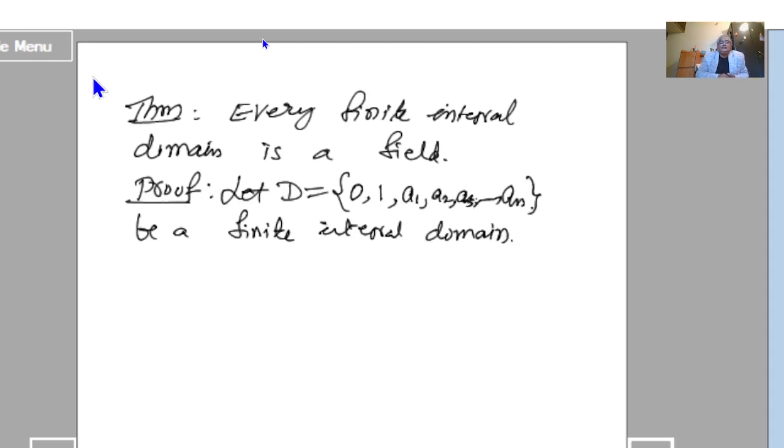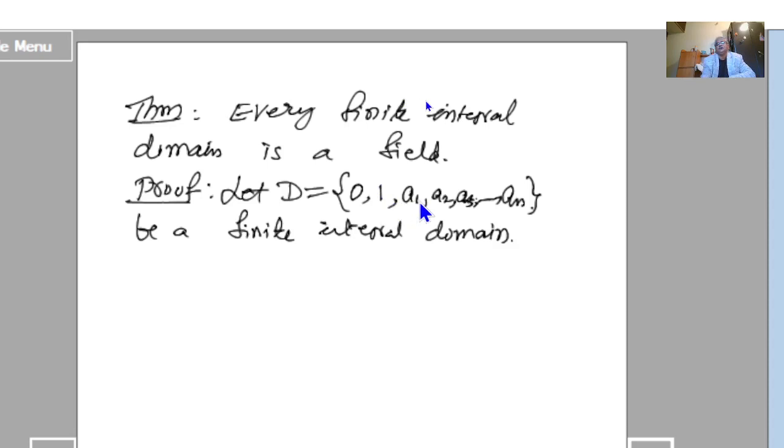I have to prove that this is a field. To show that this is a field, what I have to prove? I have to prove that D is a commutative ring with unity in which every non-zero element is invertible. For that, so as this integral domain is a commutative ring, okay, it is already proved, and it is with unity, so the second is also proved. Only thing I have to prove that every non-zero element is invertible. So this is the zero element, and this is the identity with respect to multiplication. This is always invertible. Inverse of 1 is 1 itself.